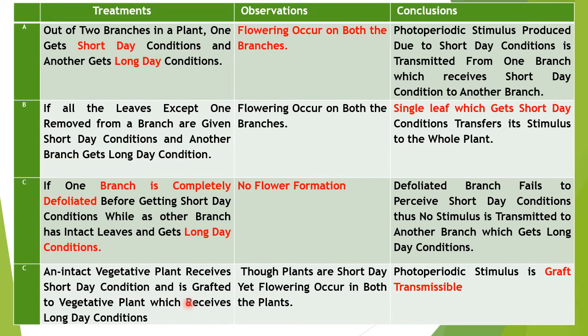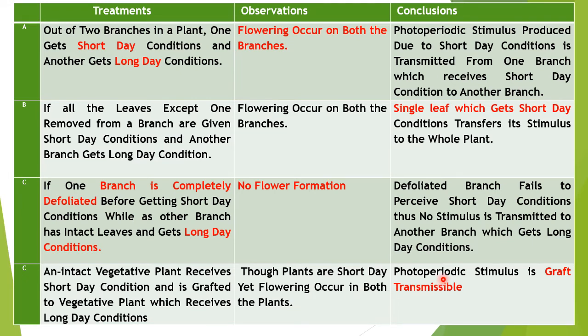Another classic experiment has been done by way of grafting. An intact vegetative plant receives short day conditions and is grafted to a vegetative plant which receives long day conditions. Now you see a situation: you have a plant which is subjected to a short day condition and then is grafted on the plant which receives the long day conditions. Though the plants are short day, yet flowering occurs in both the plants